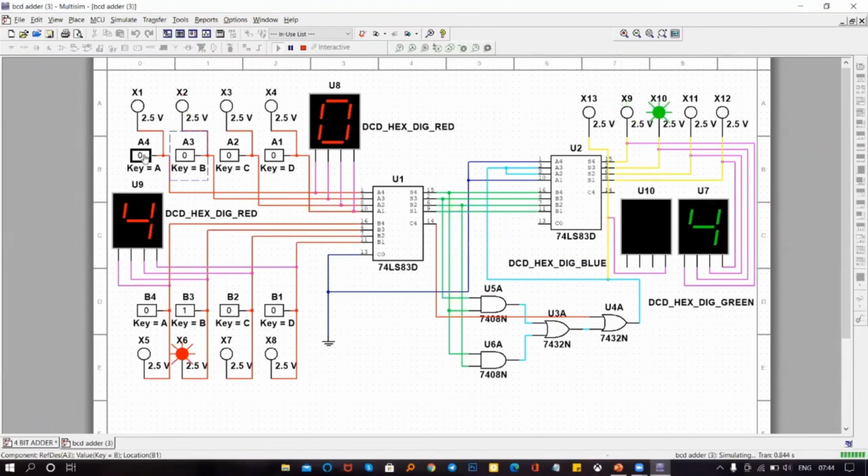Now when I give 8 plus 4, which is basically 12, it is separated as shown into two different digits, 1 and 2. Let's say 10. It gives 1 and 0. So this is the major difference between the BCD adder and the 4-bit adder.